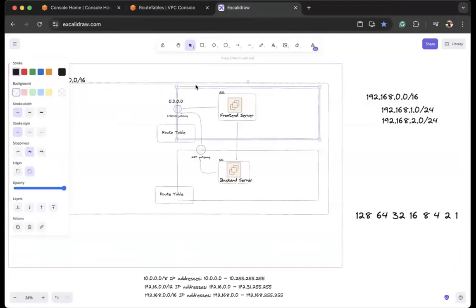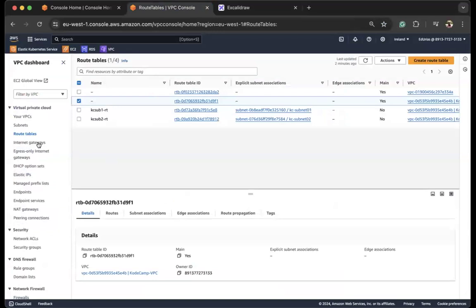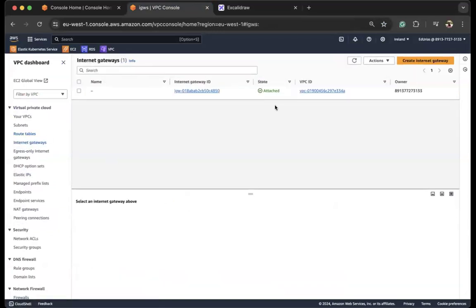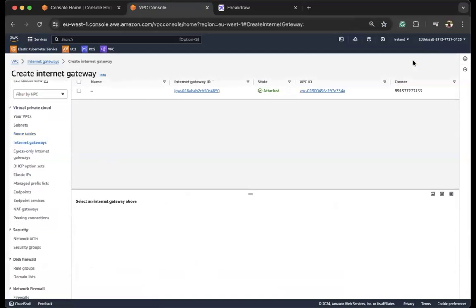our subnet 1. Subnet 1 is going to be our public subnet, and we'll have our private subnet as subnet 2. And inside this private subnet, we'll have resources that we don't want to expose to the internet. But in subnet 1, our public subnet, we will have resources that we are okay with exposing to the outside internet. So let's create an internet gateway, right? So creating an internet gateway,